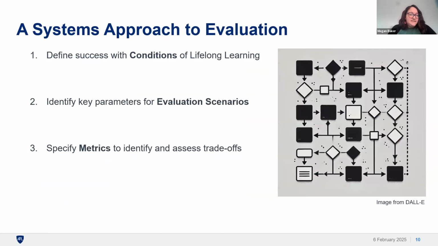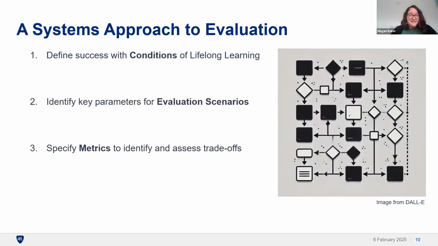So our approach to doing this evaluation was to have 3 main focuses. First, we needed to define success. What does it mean to do lifelong learning? What are the conditions that would satisfy something that we might refer to as a lifelong learning system or a lifelong learner? Two, we needed to identify key parameters for evaluation scenarios.